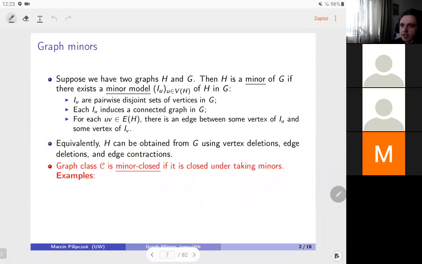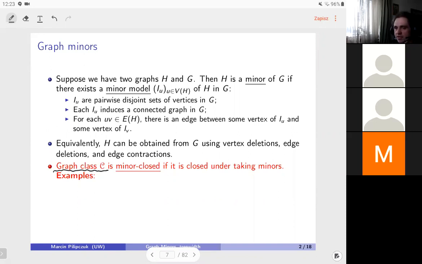And we can also say that a graph class is minor closed if taking a minor doesn't take you out of the graph class. So this is maybe an important way of thinking. We'll be talking about graph classes. I guess Michał in the first lecture, which was sort of a warm-up lecture, didn't really touch on this concept of graph classes. So a graph class is just a family of graphs. I don't know, all forests is a graph class, or all trees is a graph class. I mean, it's just a set of graphs, and